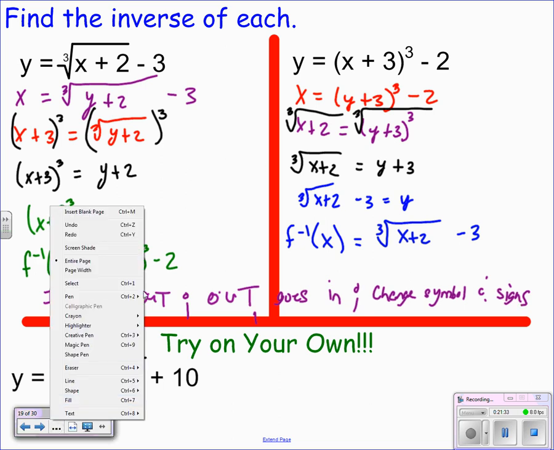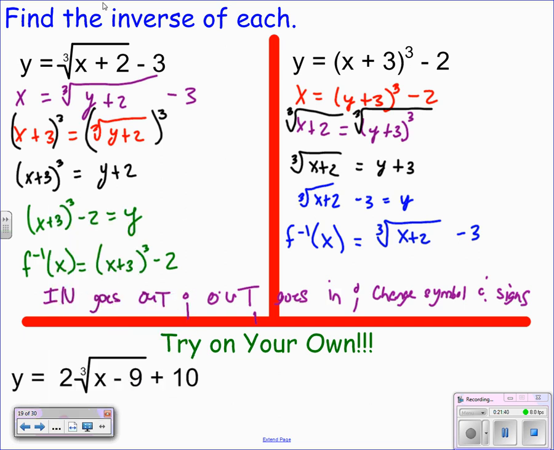So what I'm saying is, if I was to use that pattern, this problem started with a root, right? So the new symbol would be a cube. So the inverse,